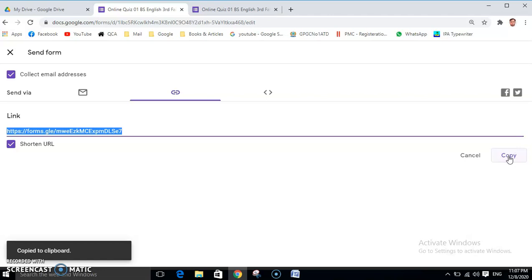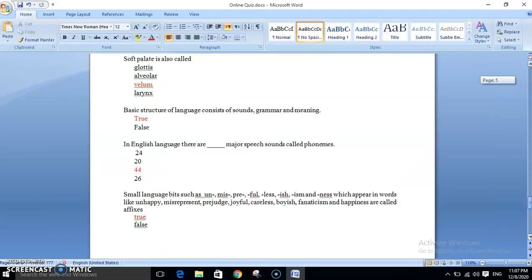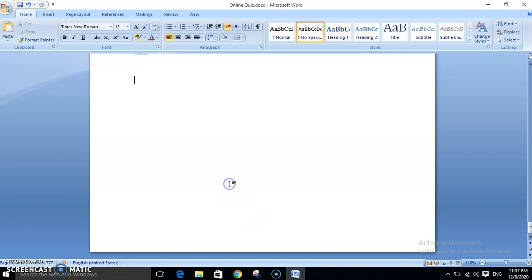After copying it, you can email this short URL to yourself, or place it in this document and email the document to yourself. Later you can use your mobile phone, download this document, copy the link and put it into WhatsApp, and students will click and take the quiz.